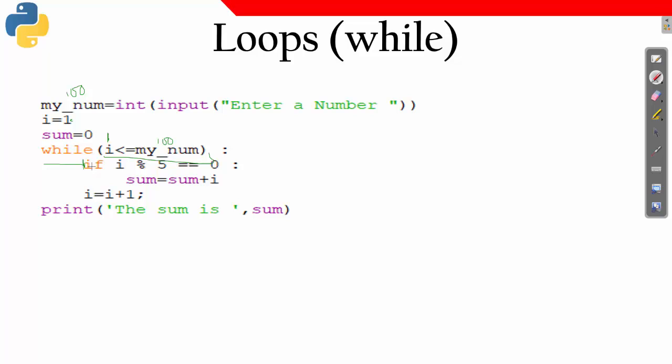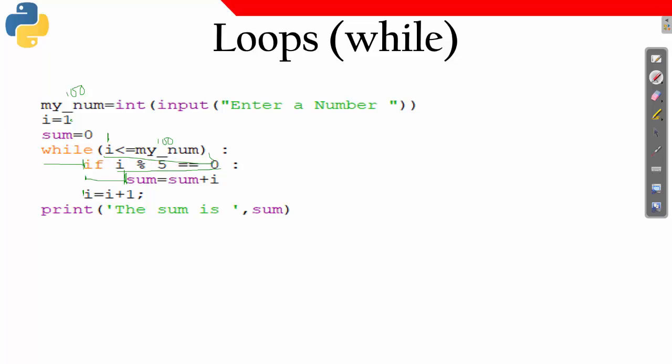I have written an if statement inside this, and inside this again I am having a condition. If I mod 5 equal to 0, it means if I value is divisible by 5, I am going to add it to the previous sum. So this statement is a part of this if statement. From here again I am getting an indentation. It means this if statement is a part of the while block.